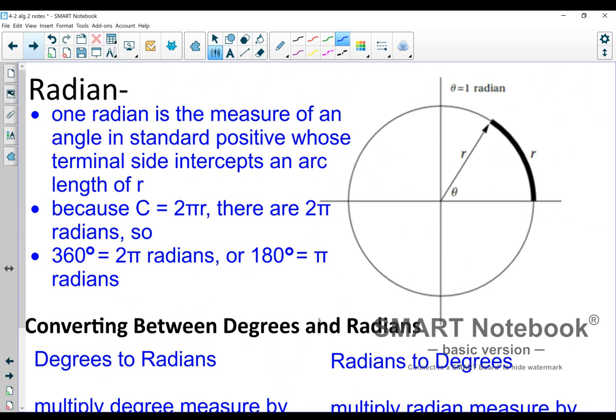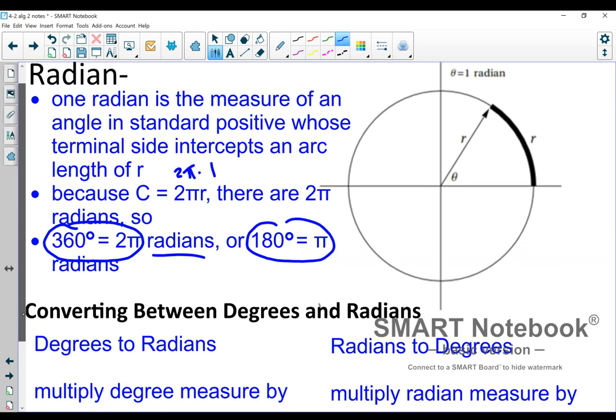So radians, however, are very important. So 1 radian is the measure of an angle in standard position whose terminal side intercepts an arc of length r. Because C equals 2 pi r and r is 1, there are 2 pi radians. So on the unit circle, our r is 1, and then we just end up with 2 pi times 1. So we have 2 pi radians. That means the circumference of an entire circle is 2 pi radians, and 360 degrees would be a whole circle. So we get this conversion, this is really the important part, that 360 degrees equals 2 pi radians, or 180 degrees